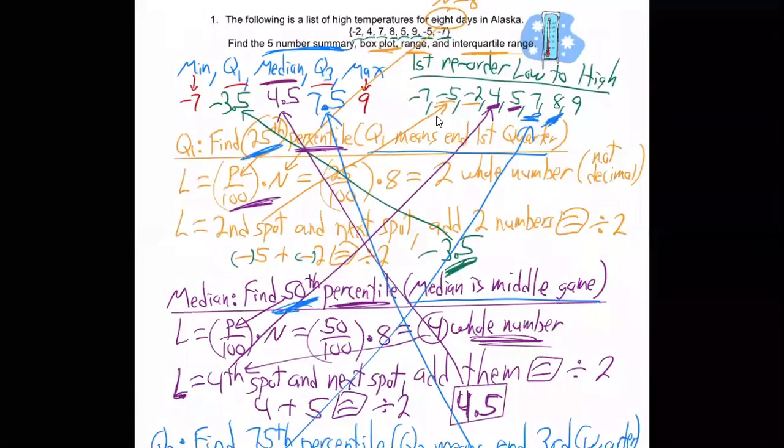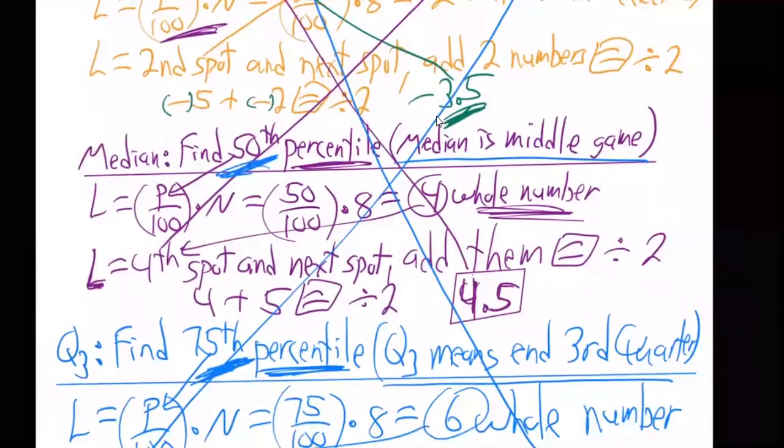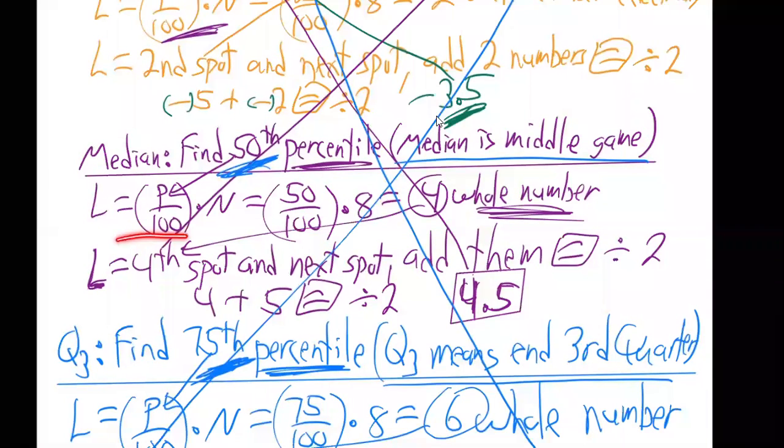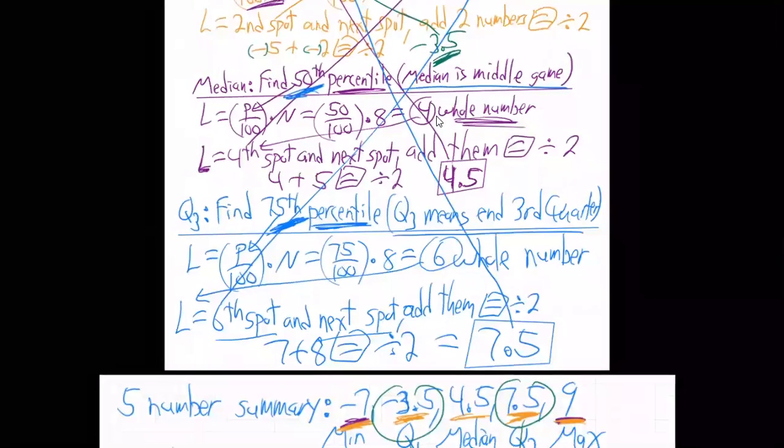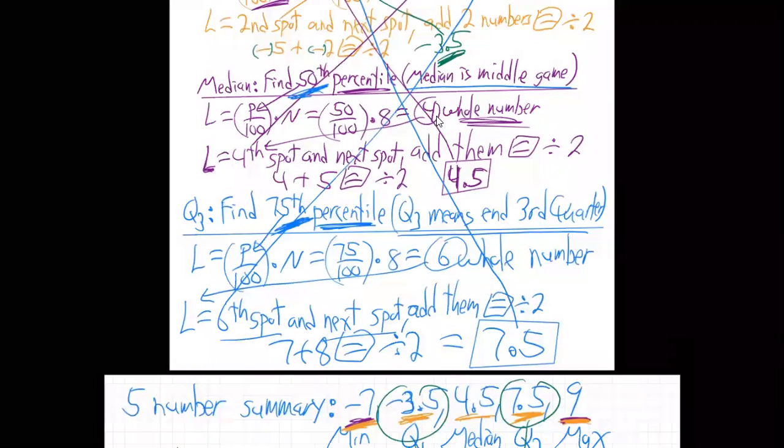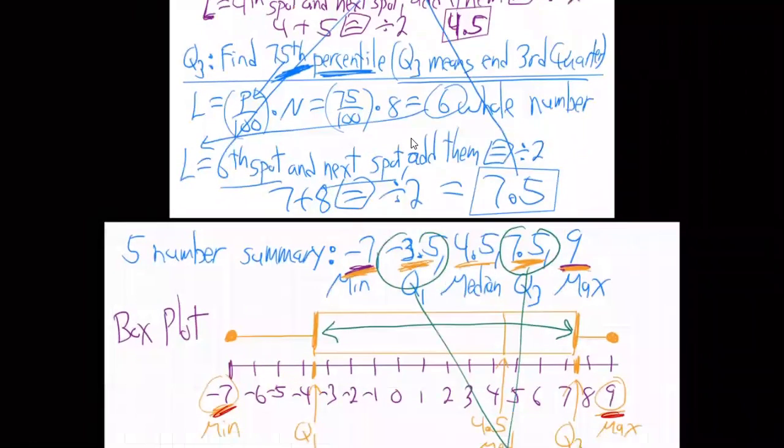Look back at this Alaska example. See how when we did the L thing here, we got a whole number. And what do you do when you get a whole number? You take that spot and the next spot. You add them and divide by 2. We went and grabbed the numbers in that spot, right? So the 6th spot and the next spot, which was 7 and 8, added and divided by 2. Is that making sense? But then,